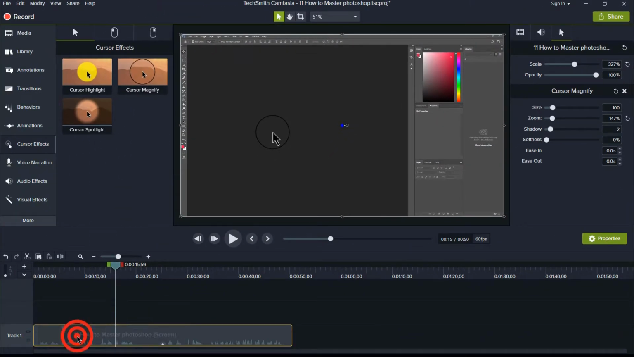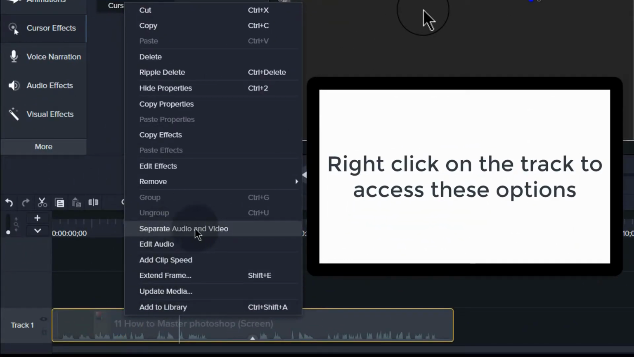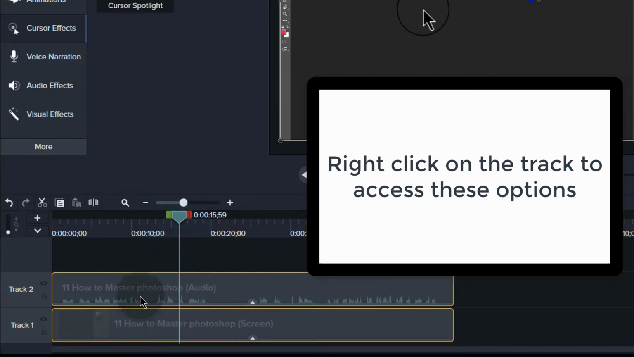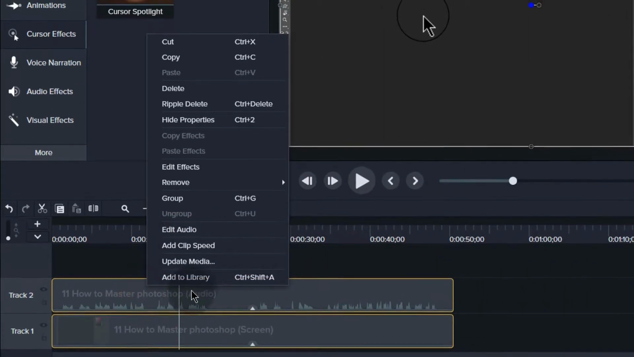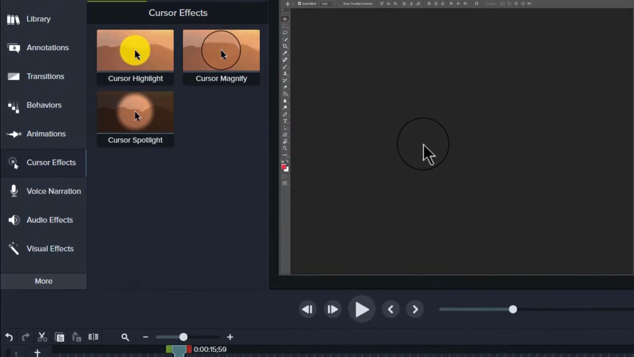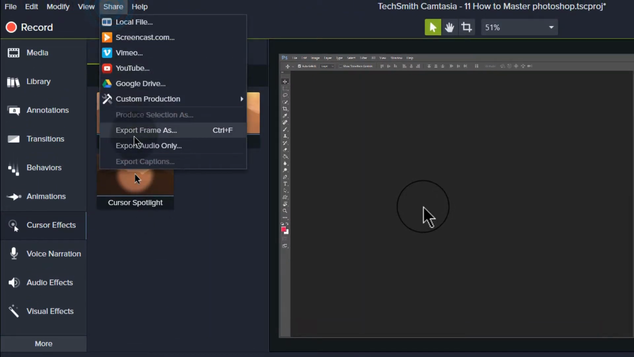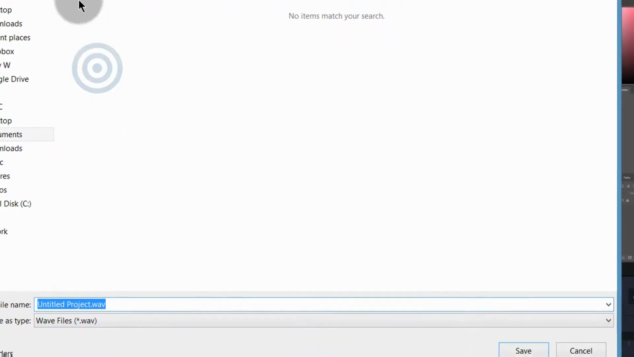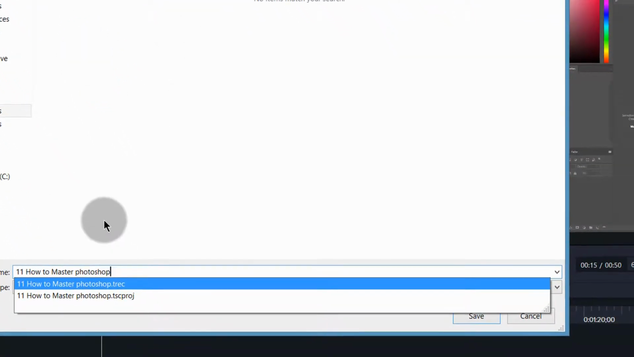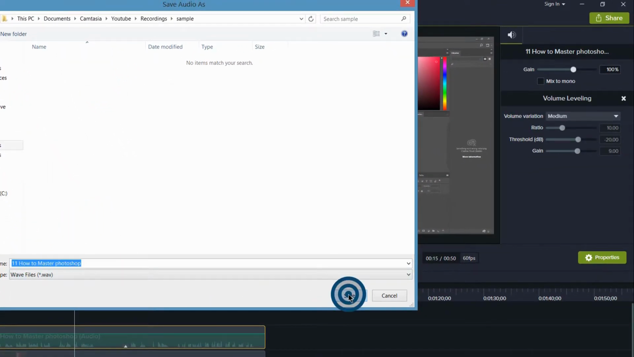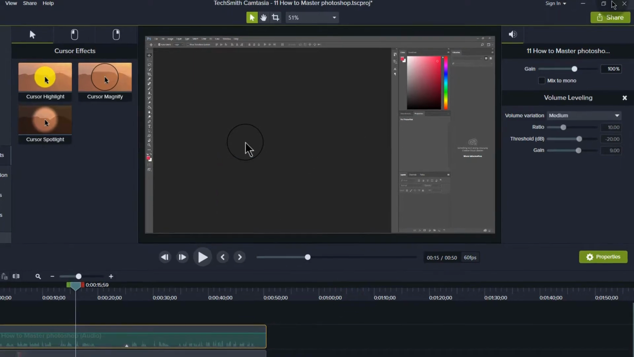it is. The next thing I want to do is I want to separate the audio and the video, and then I'm going to export this audio. And to export the audio only, just come here under Share and Export Audio Only, and it's going to get exported. And I want to go